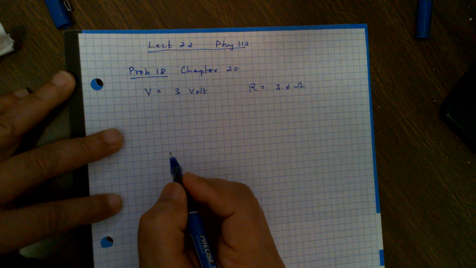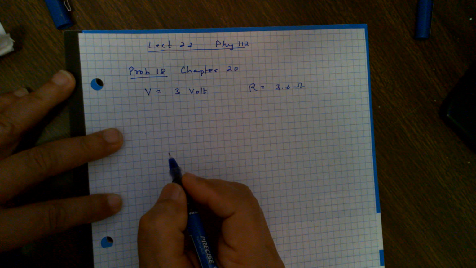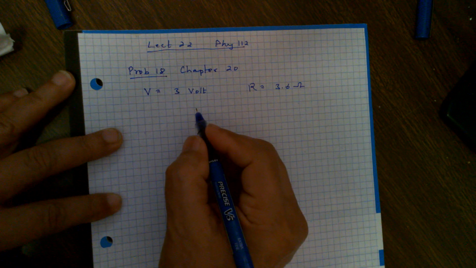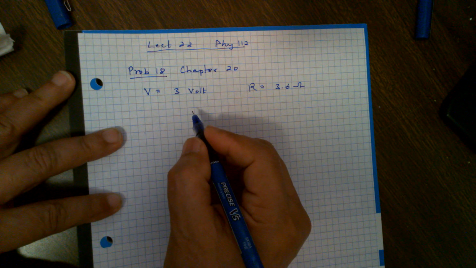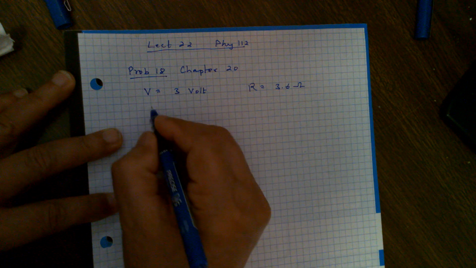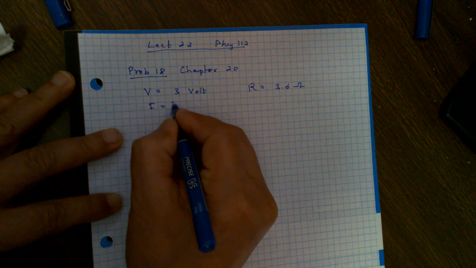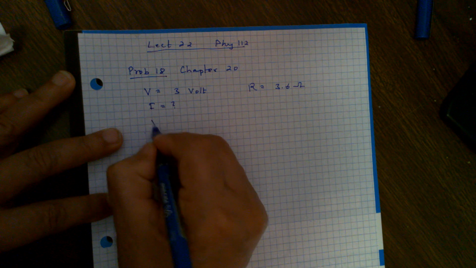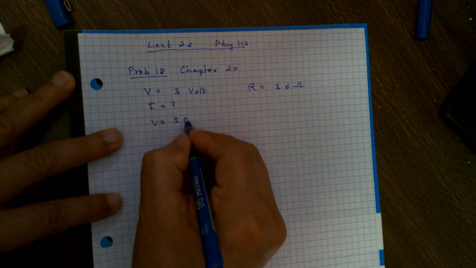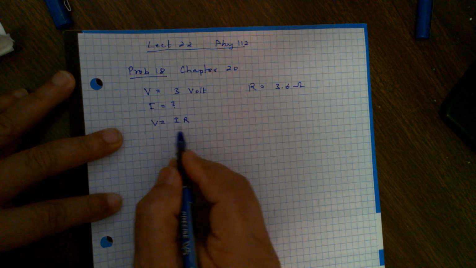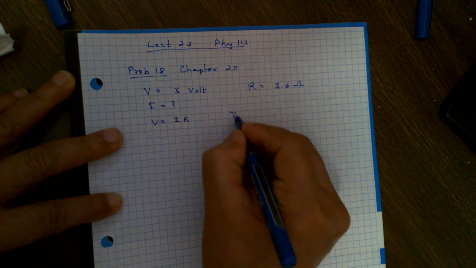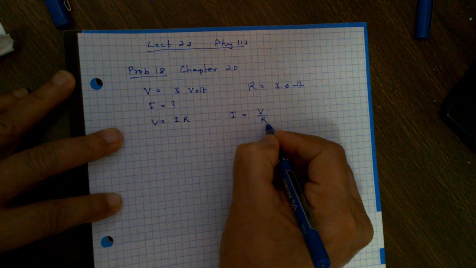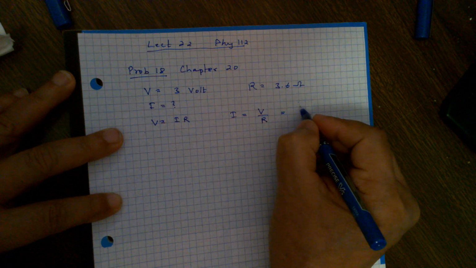Hot resistance means when the steady current is running, and so all you have to do is just use these values. What current flows through, that means you are looking for I. I is equal to how much? V is equal to IR. That's Ohm's law, simple formula. So in here, I want I. So I is equal to V divided by R. And V is equal to 3 volts